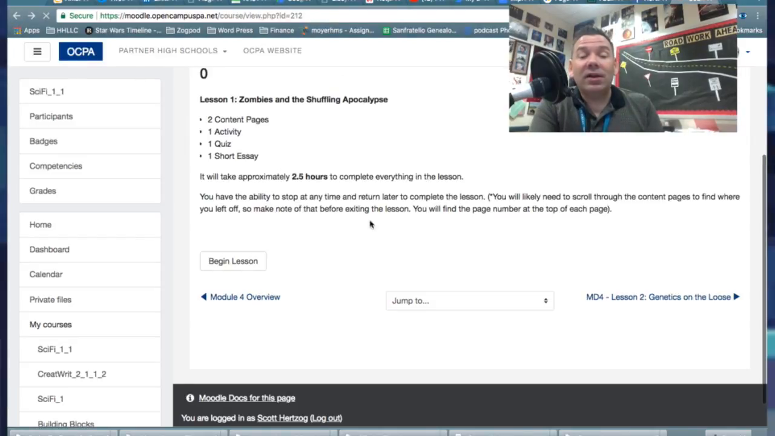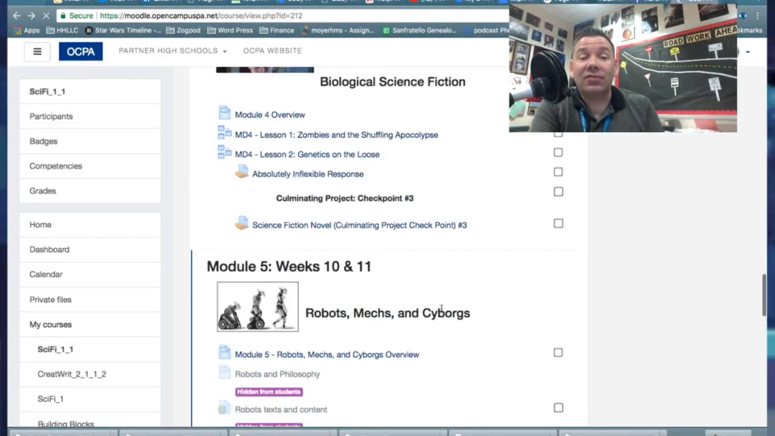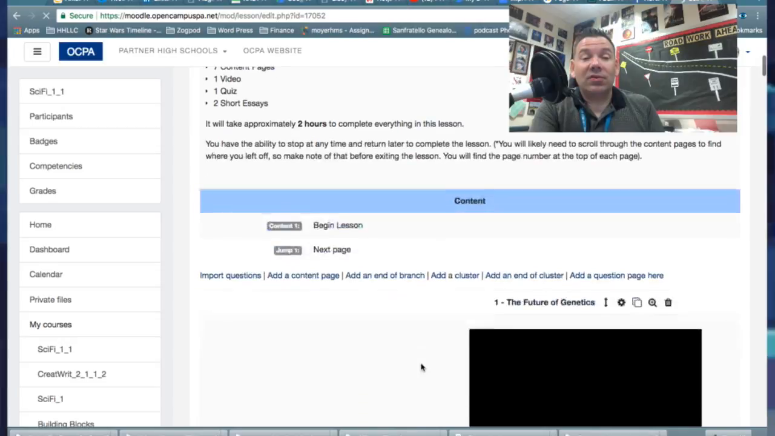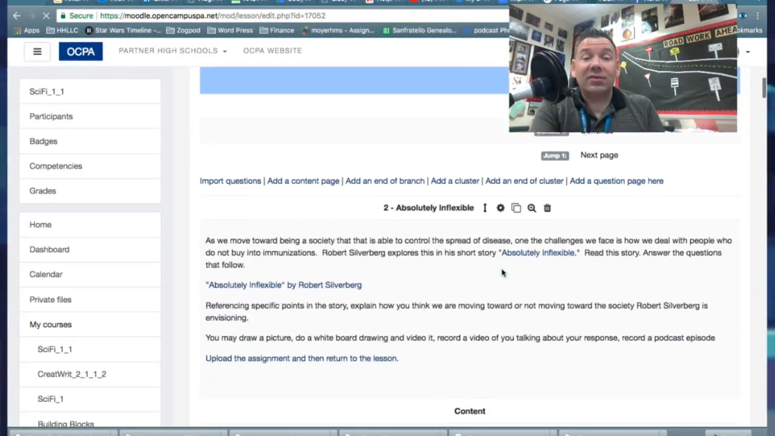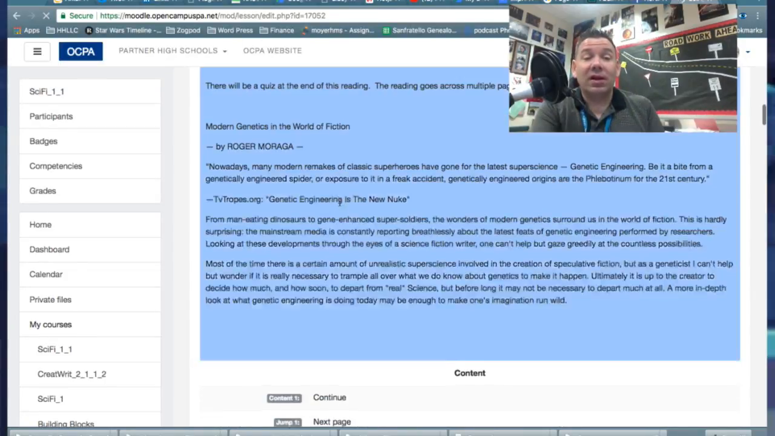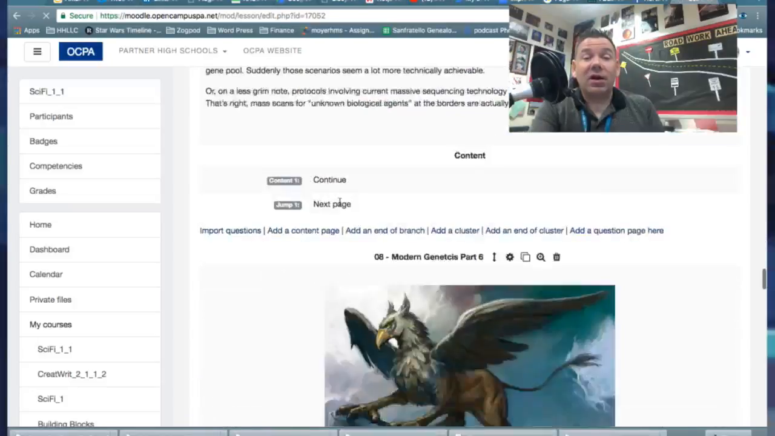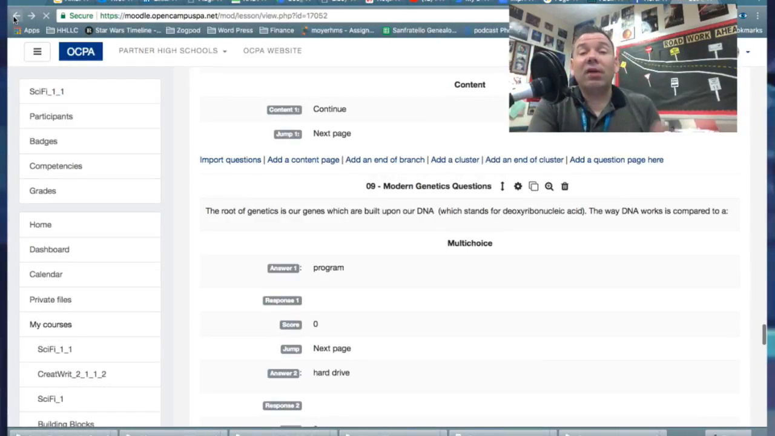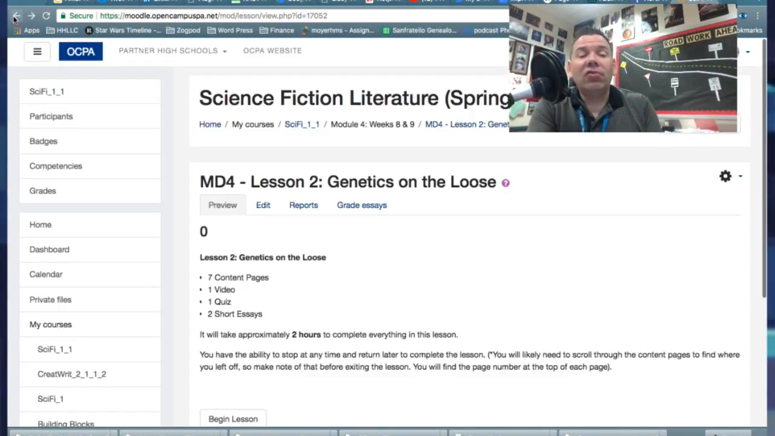The second part deals with the more biological part of science fiction, and we begin to look at genetics themselves. This is stuff like contagion and pandemic. Let me see where we're at in the course here. We talk about the future of genetics and genetic manipulation. There's a short story that I'm having you read, and how our genes work, and some other stuff. I'm not going to read it for you, but there are some quizzes. It's a pretty straightforward unit, a 2-week unit, and shouldn't take you that long to do. There are 2 short essays, a quiz and a video in this Module 4